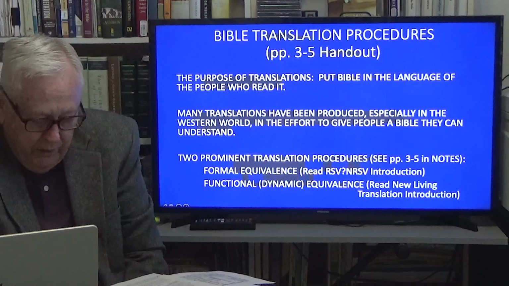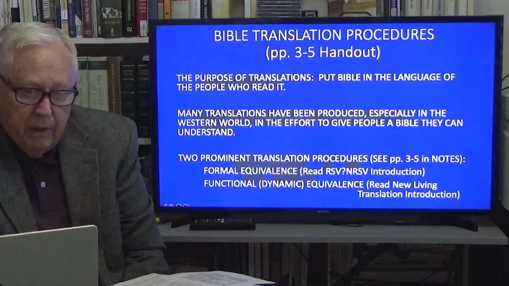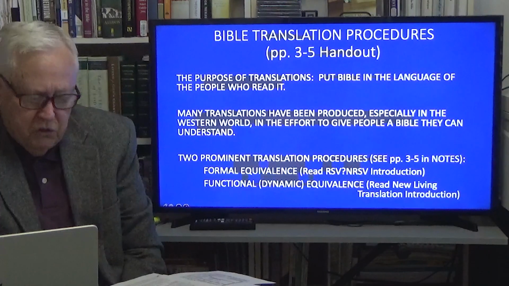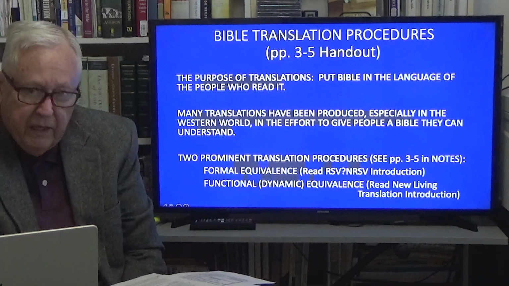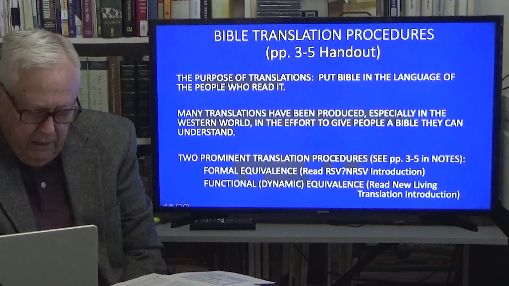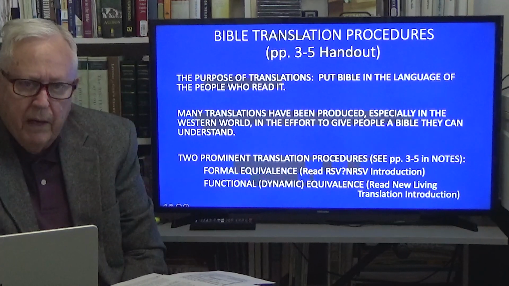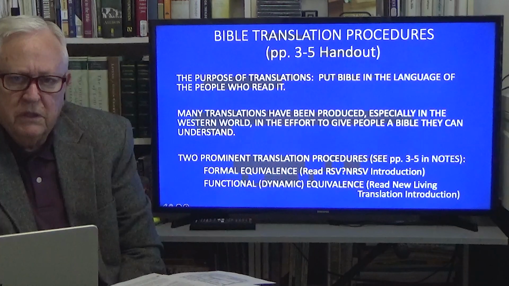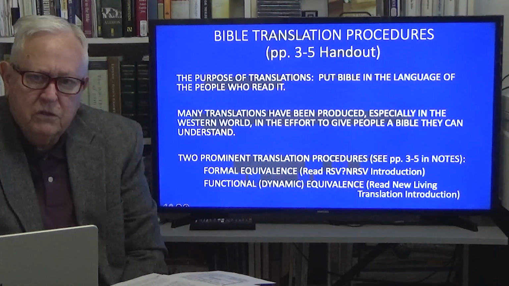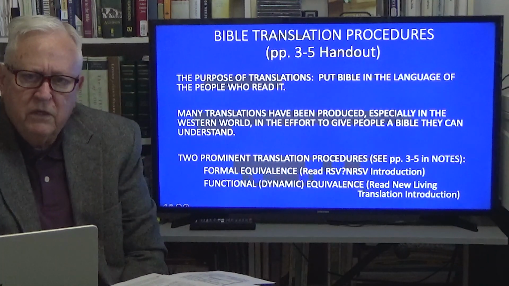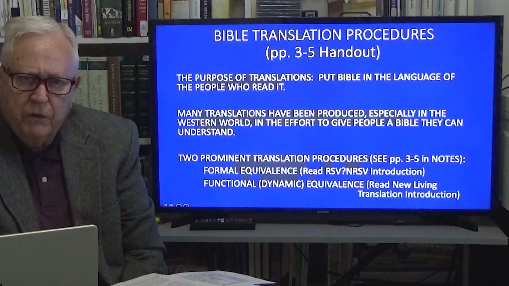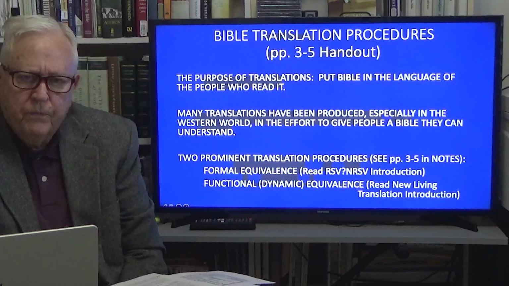So what is formal equivalency? I'm not going to read my notes to you, and I'm just going to tell you about it. Bruce Metzger, who was a professor of Greek and New Testament at Princeton Seminary for decades, a godly man, in my opinion. I've met him and had conversations with him. He was criticized highly by the liberal religion students in his class. In fact, he told me one time someone even stood up and cussed him out in class for his conservative views of the Bible. So he suffered, but he was a major player in the study of the Greek New Testament, its transmission, and its meaning.